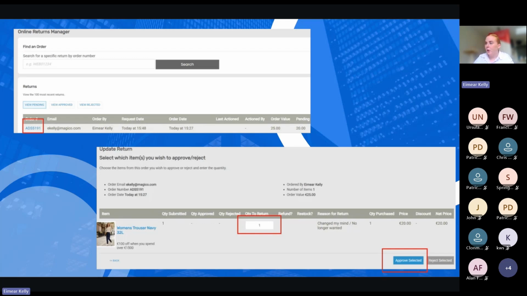From here, you will then click on the order that you are looking to review or the refund that you're looking to review. And similar to what the customer sees, you'll see the full order that the customer has made and then the items and the reasons that they want to request a return. So first of all, you'll see that they want to request one, you will approve the refund by putting in